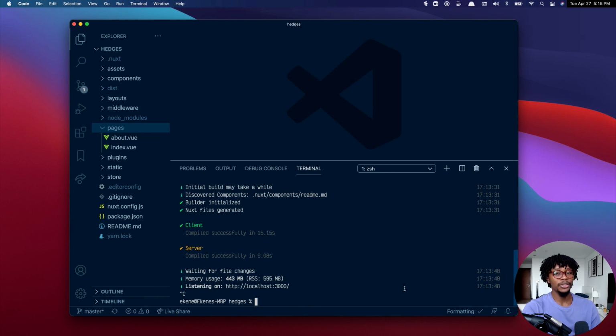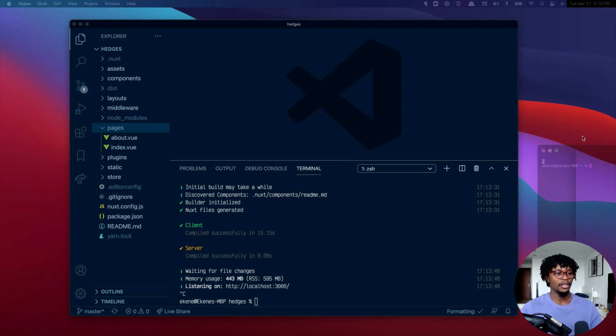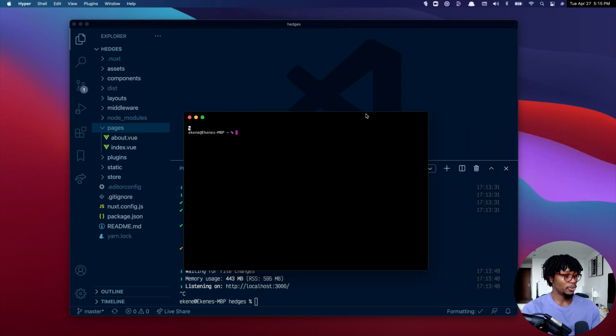Let's do hyper. So I'm going to create the documentation site that I had before in the large site as a standalone product, and then we can deploy it. So let's put this on the desktop, and let's do